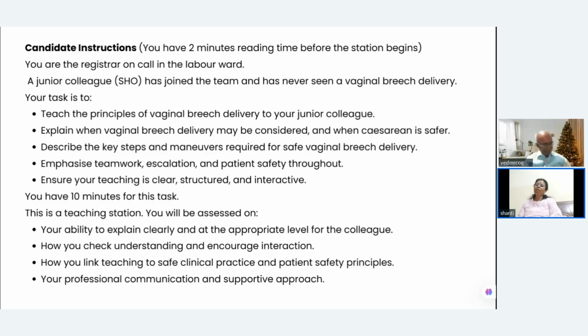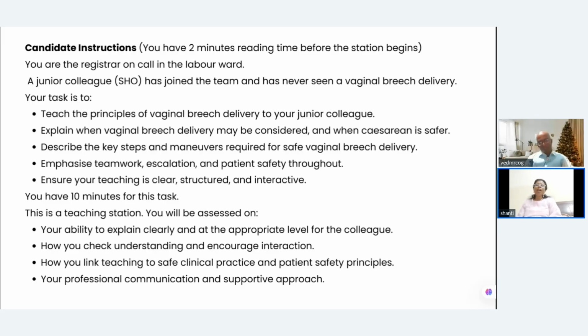We have to inform the patient and take her consent that there may be complications that can occur during the breech delivery for the mother and for the baby, and we have to reassure her, and we may require some maneuvers during the delivery. And as I said, we have to make sure that the neonatologist is available,